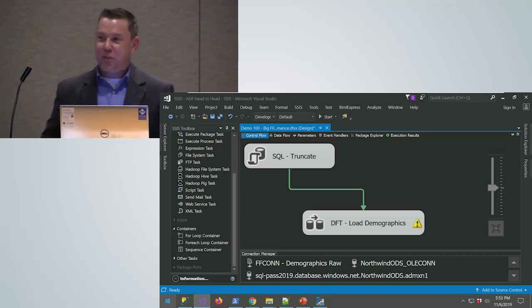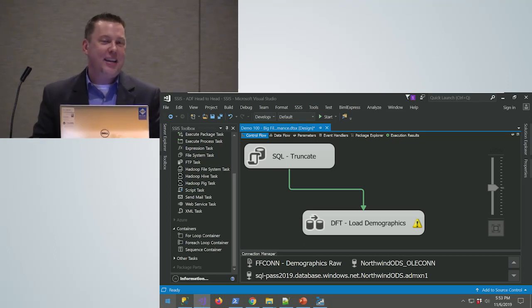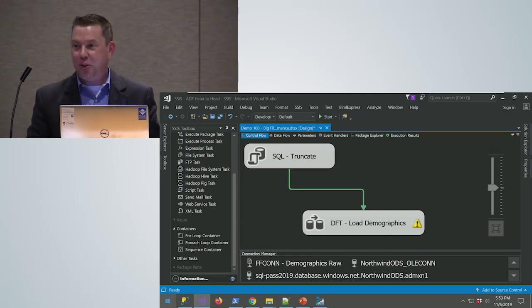If you like expression language, when you go to ADF, you have to learn a whole new expression language. If you don't like expression language, you have a new expression language that you're going to have to love to hate, because they didn't port it over. It's a completely different language, totally different syntax. So now you'll have to mentally prepare for having two different expression languages that you're using.